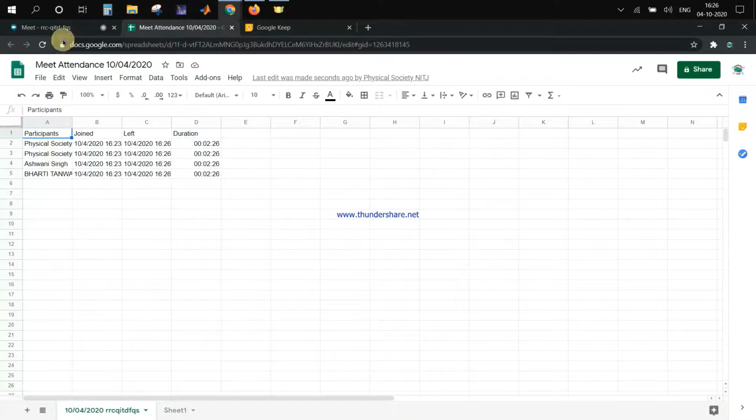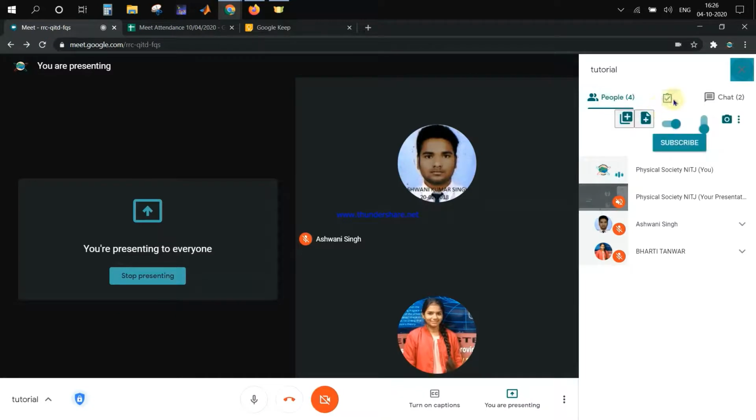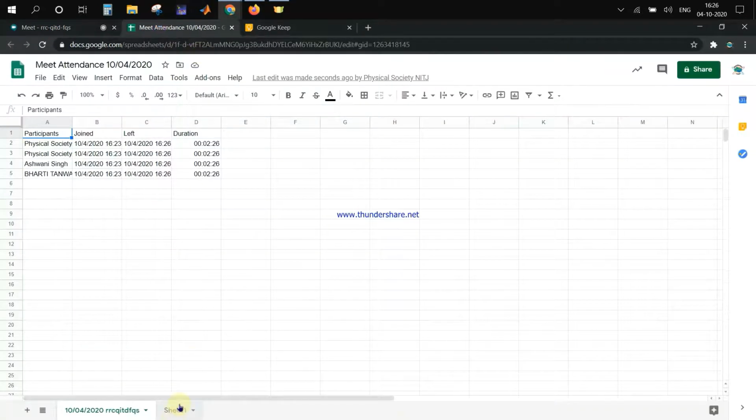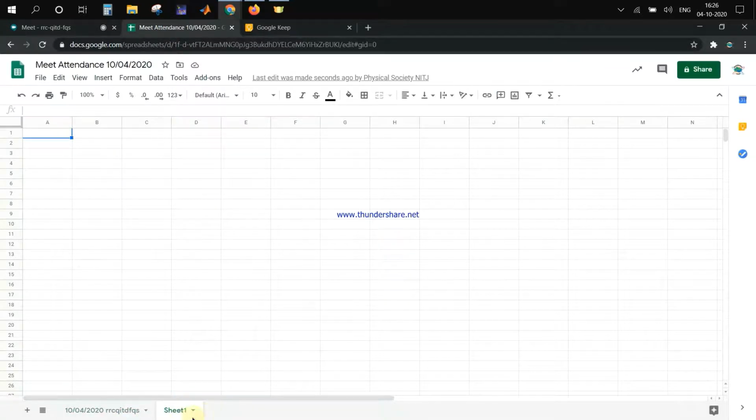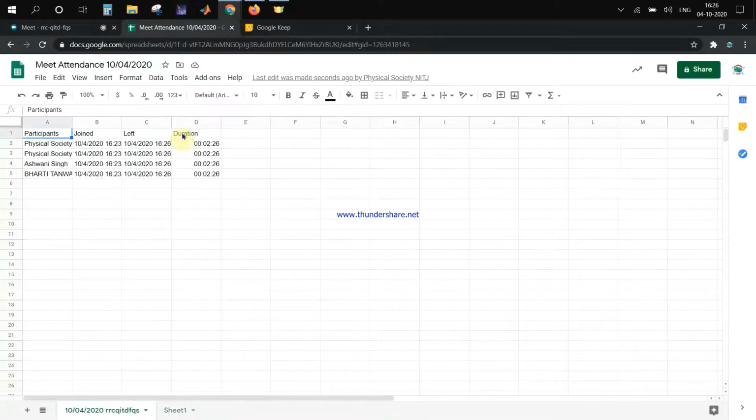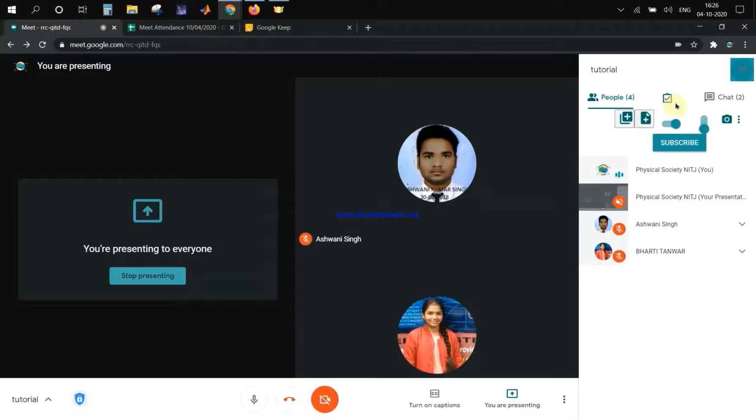And if you click here add sheet, it will create another sheet. Right now it is not created, I don't need it. So this is the use of this extension, the Meet Attendance, the automatic attendance.